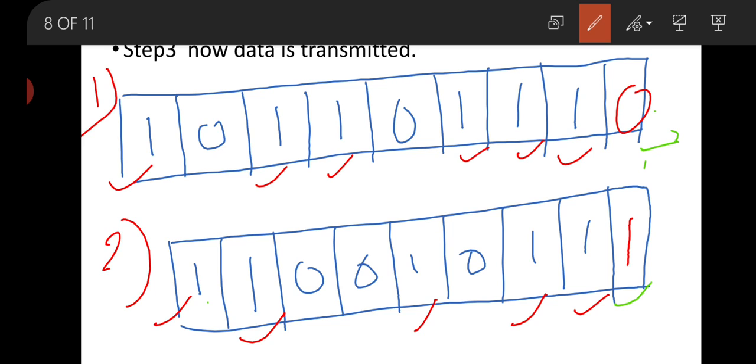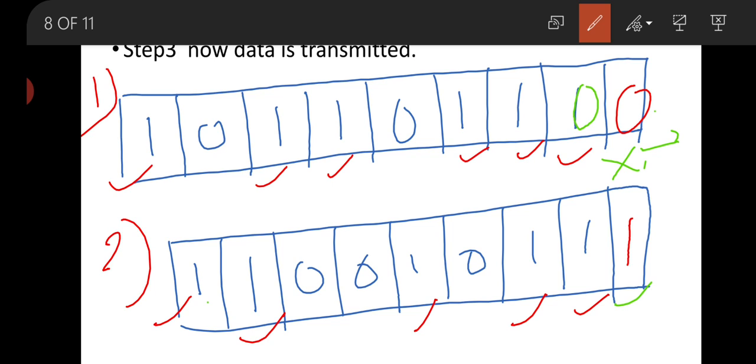If any bit is going to change in the network, suppose that ट्रांसमिट करते समय अगर यहाँ पे इस 1 की जगह पे हमने क्या कर दिया? 0 हो गया. अब रिसीवर क्या किया? काउंट किया 1 2 3 4 5. हियर आर 5 वनएस. दैट मीन्स ऑड नंबर ऑफ वनएस. देन पेरिटी बिट मस्ट बी 1 टू मेक दिस नंबर ऑफ इवन. बट हियर what will be done? Here parity bit is 0. That means there is an error in data, and this data is not going to be received by the receiver.